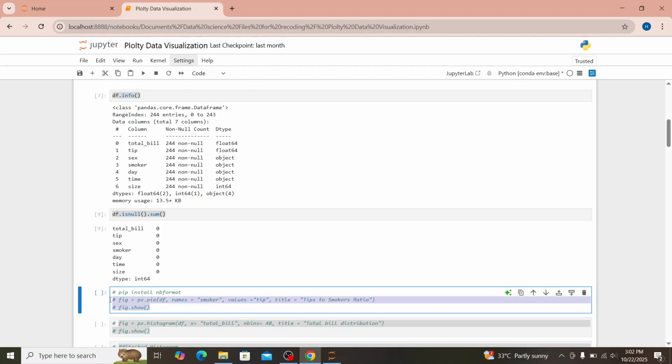So if I run this now, let's uncomment this. What we have here is px, remember, the presentation of plotly.express, dot pie. Pie means the pie chart. Then the data, then the parameters, which are numbers for smokers, the values, and the type. So we want to check in terms of the smokers and the tips. Okay, so if we run this now,